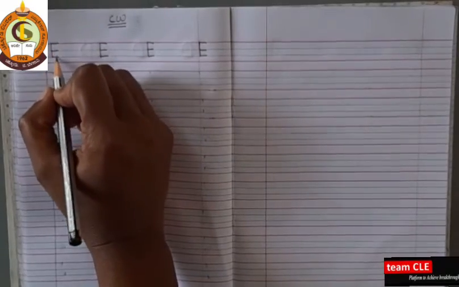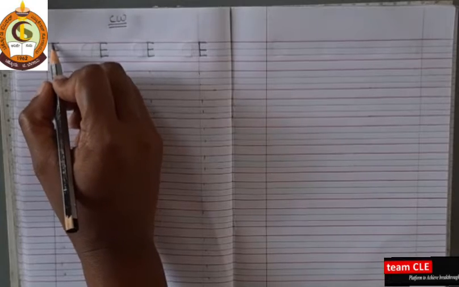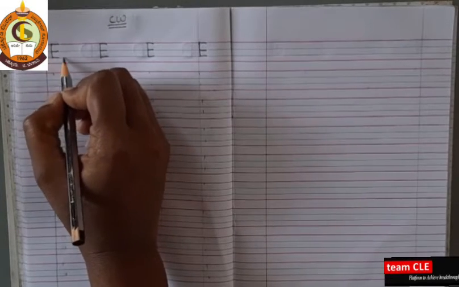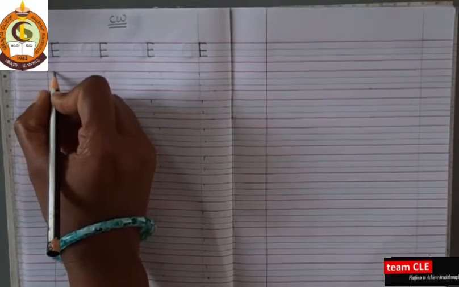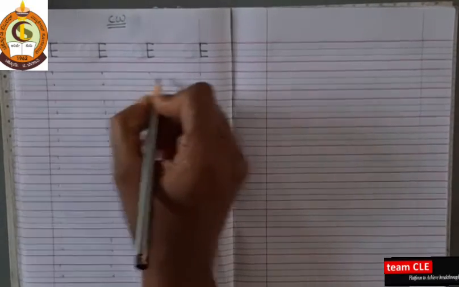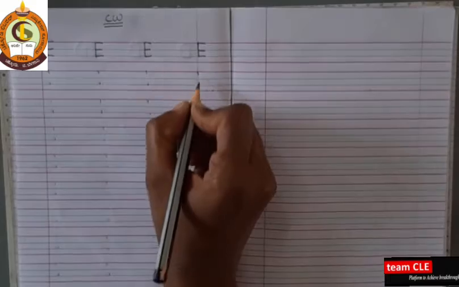See here how I wrote. First line, second line and third line. One standing line and three small sleeping lines. Is it? Yes. So children, in the four-line notebook, how to write letter E, we'll see it in today's class. Okay? See. So I had given the dots here. Can you see? In all the lines I had given two dots, up and down, first line and third line.